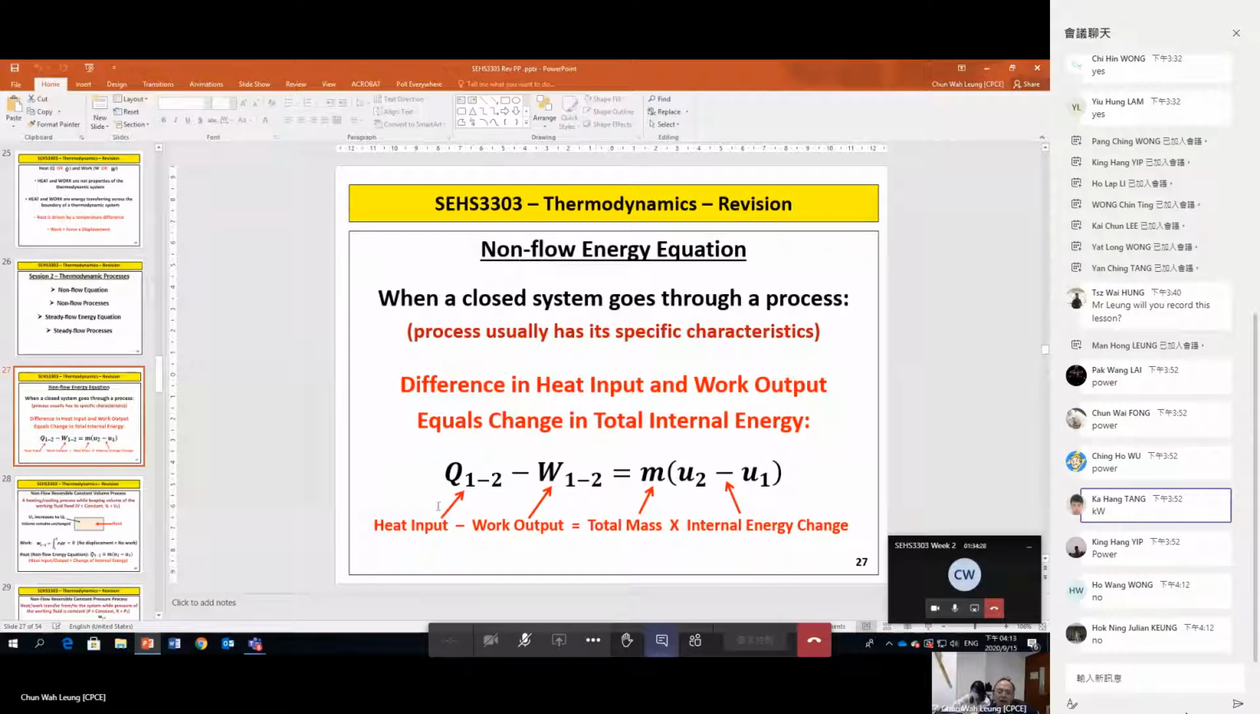Okay, then on the left-hand side, we still have two unknowns: heat and work. And both heat and work depend on the process. So we need to know more about what kind of process we are dealing with. Now in thermodynamics, we have